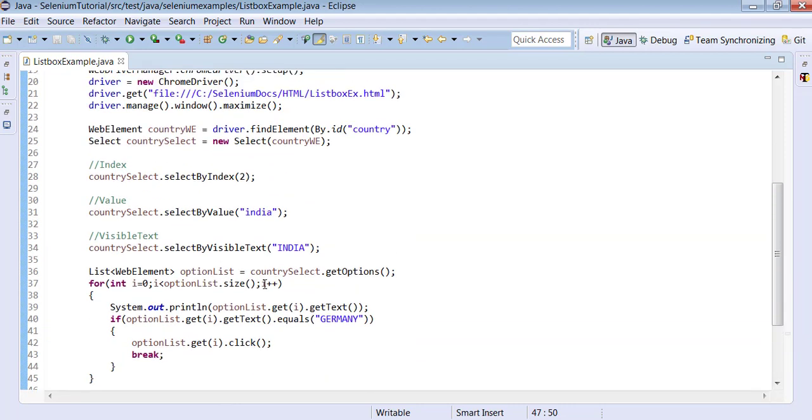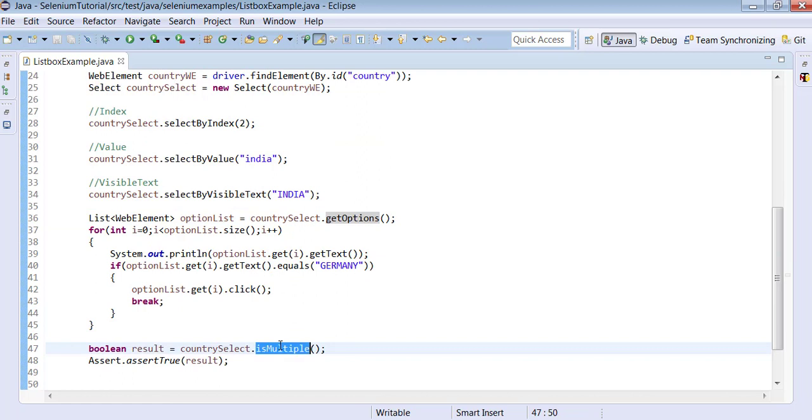Right now we have seen how many methods in the Select class here. 1, 2, 3, 4, 5. Totally 5 methods we have seen. And also it is very important to understand how we are going to create an HTML example by ourselves. We write an HTML example by ourselves. We create the content, we save it and try to launch the browser in Chrome. This is how it will